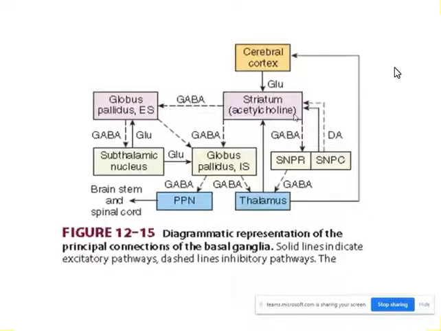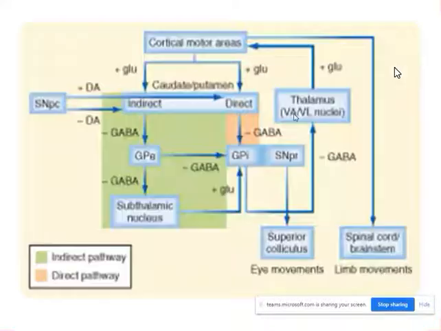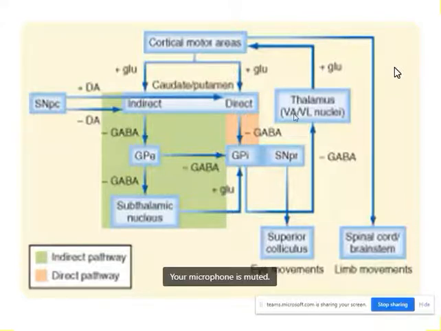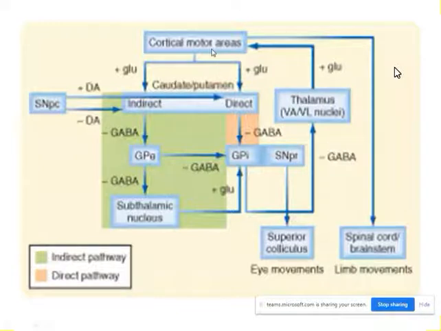This is the circuit. This is the connection that shows the influence of the motor cortex on the basal ganglia and the influence of the basal ganglia on the motor cortex. This to-and-fro movement is there. Now if you look here, I have told you that from almost all the motor areas the information will be going to the basal ganglia, isn't it? And in the basal ganglia, caudate and putamen together are known as the striatum, isn't it? I have told you this.